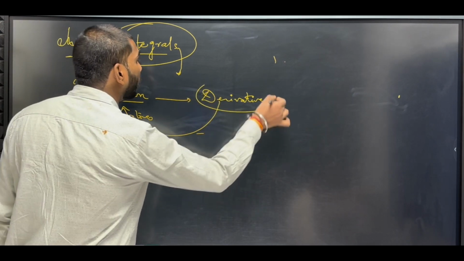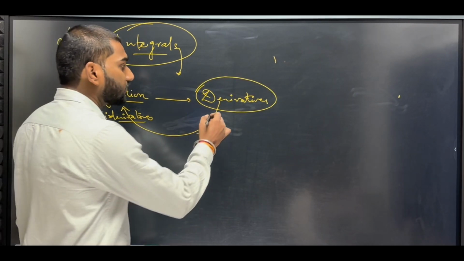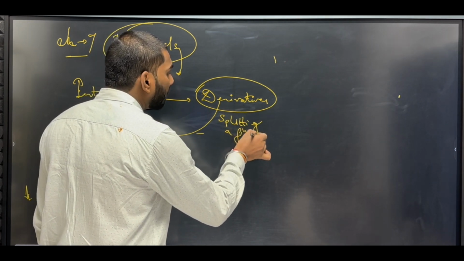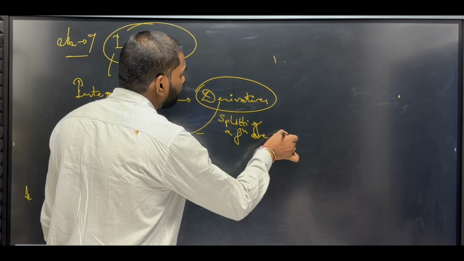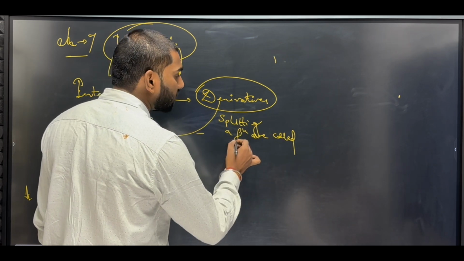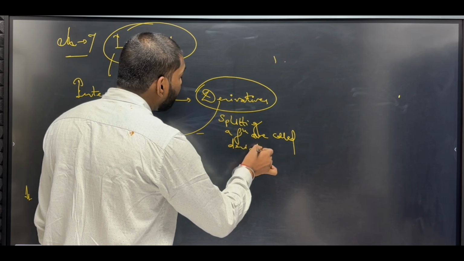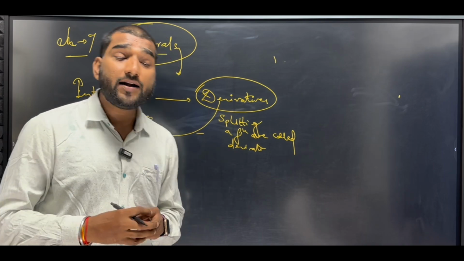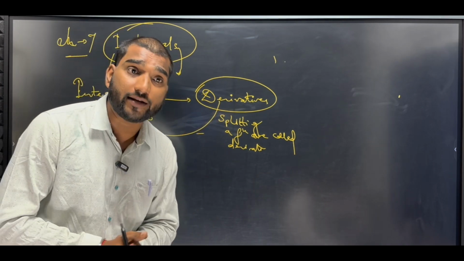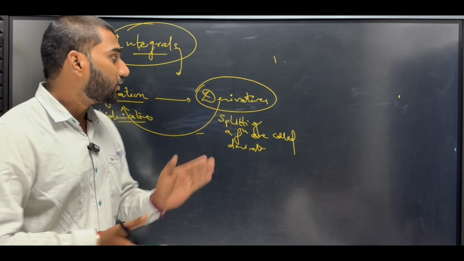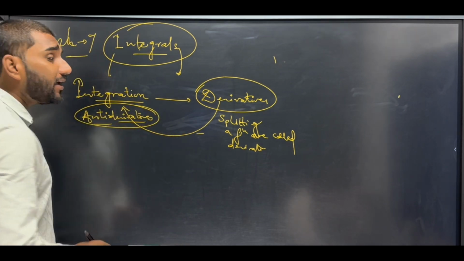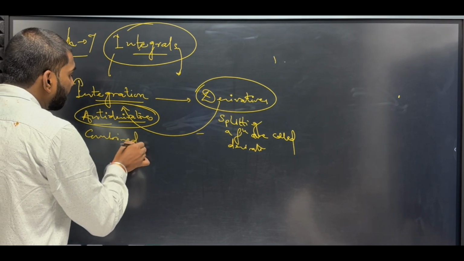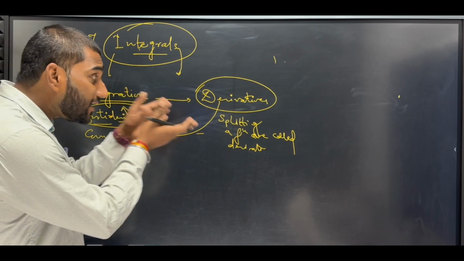Sir, I already know derivatives. The splitting of a function is called derivatives. Splitting down a function is called derivatives. Is it clear? Yes, splitting a function is called derivatives. But what about anti-derivatives? Anti-derivatives means joining a function, combining a function, framing a function according to the areas, according to the axis, according to the terms. Anti-derivatives means combining or joining a function, whereas derivatives is the splitting part.